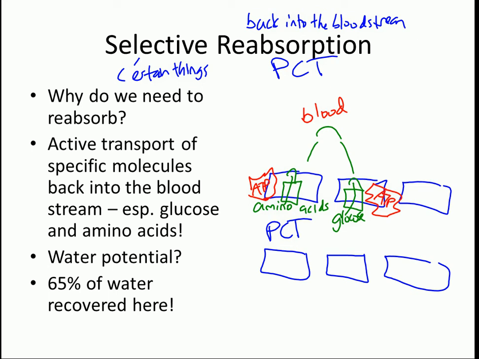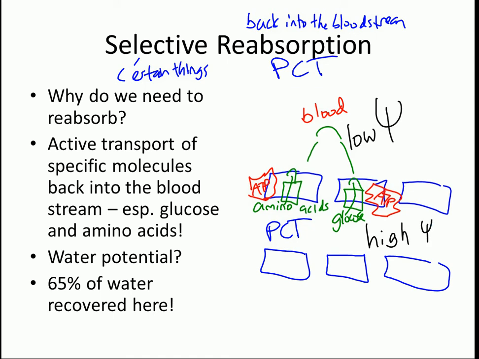So if we're moving all of these solutes, glucose and amino acids, out of the PCT back into the blood and the area around it, what does that do to the water potential? Well, having all those solutes is going to lower the water potential out there. And then what does it do to the water potential inside the PCT? Well, we're losing solutes, so we now have a higher concentration of water, which means you've got a higher water